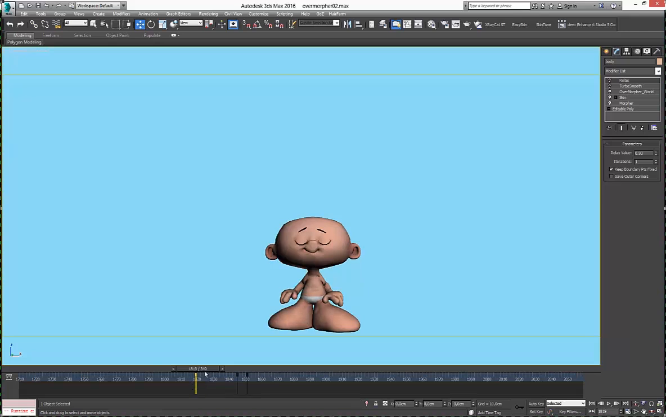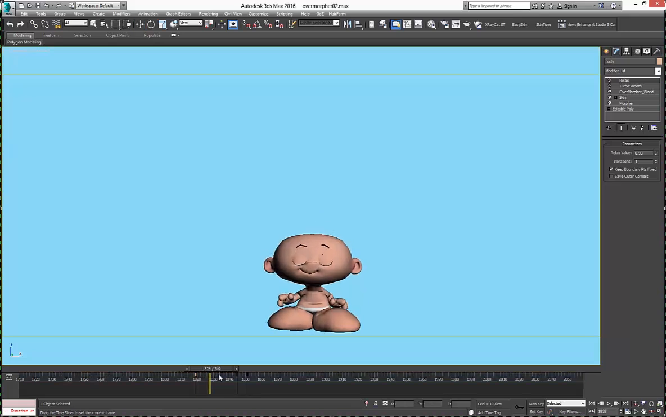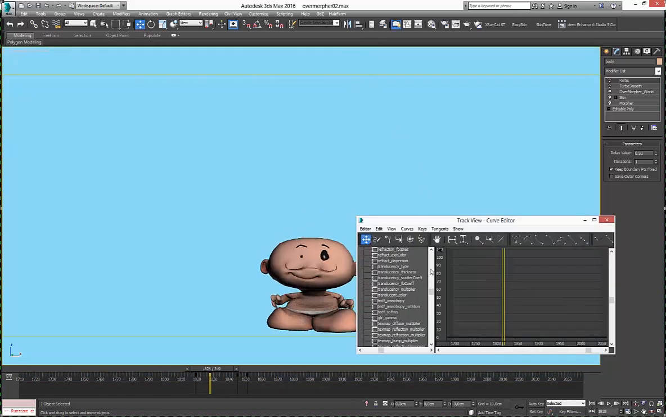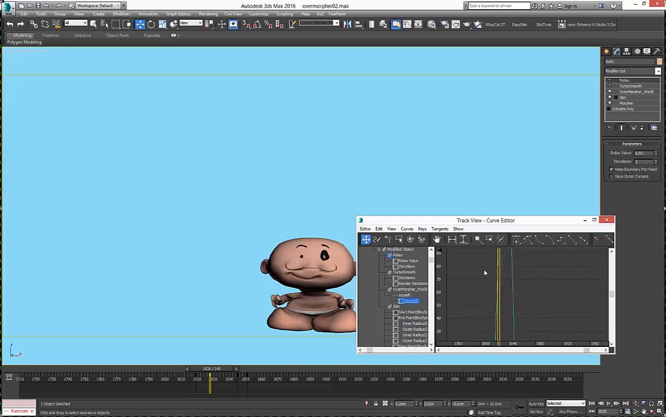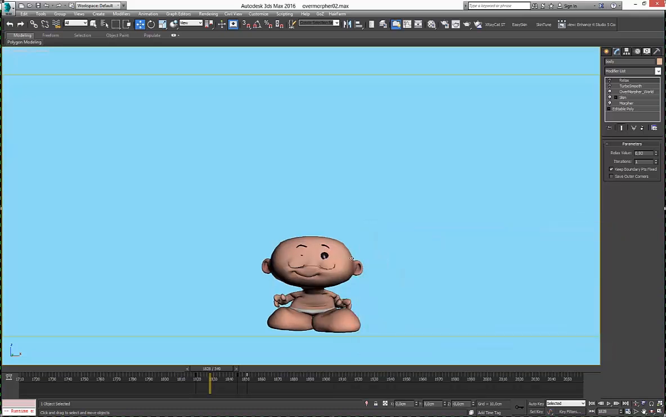I duplicate 100% and I go to the curve editor. It's really simple to find. It's on modifier, squash, and I can see the curve. So I will adjust the curve to see how it applies on several more frames. So I get the maximum at this frame,